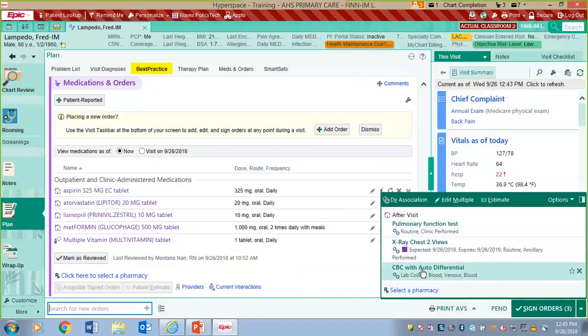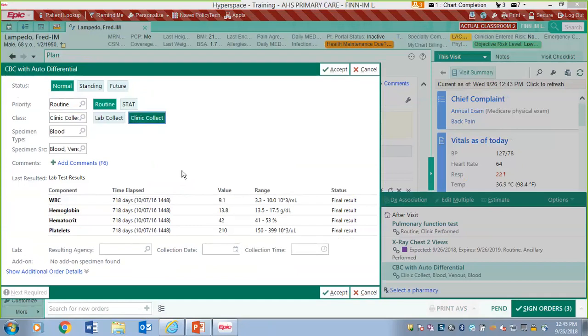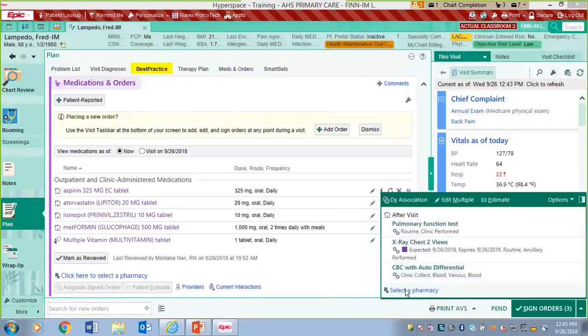You will go ahead and click into them. So I'm going to say that my CBC, I want to make that clinic collect, and I just accept that. And everything else is the way that I want it. So now I could sign my orders right here, and I'll show you how you can still view them. But before I leave this section right here, I want to show you something you're going to be really excited about. So you can add a diagnosis here, you can edit multiple, you can get an estimate, but see where